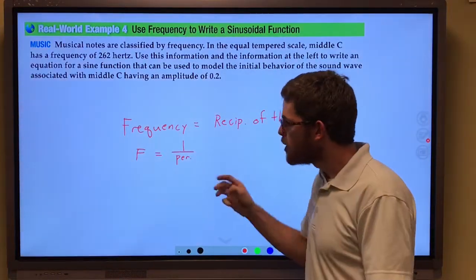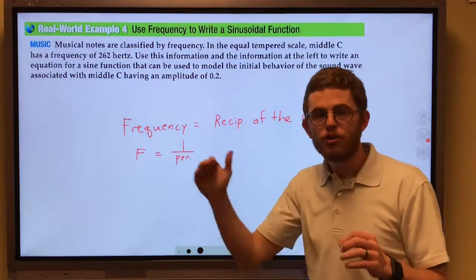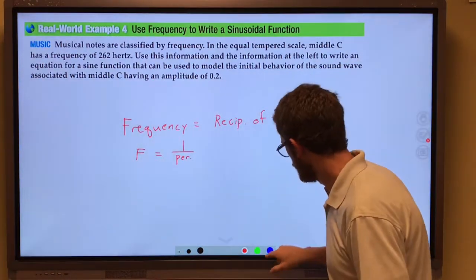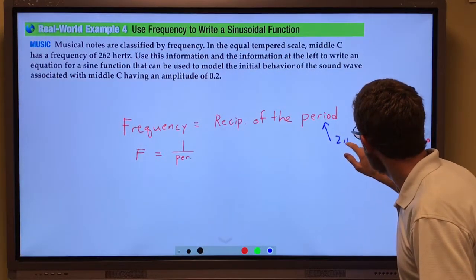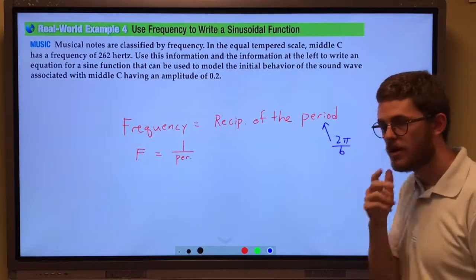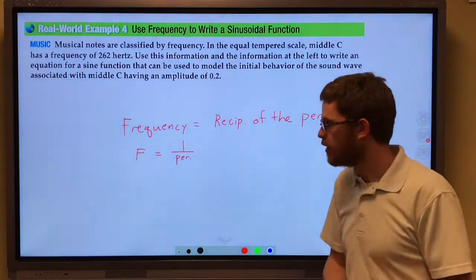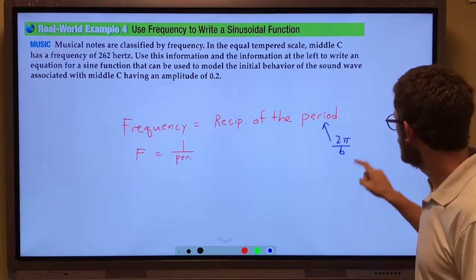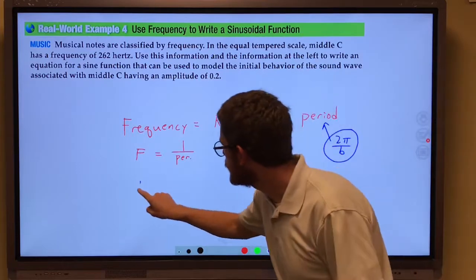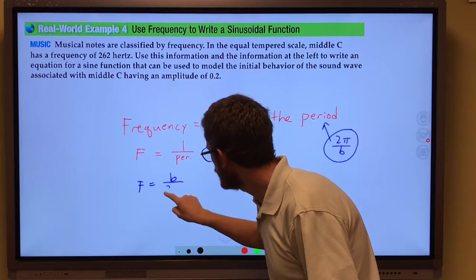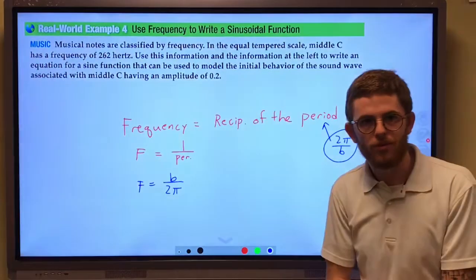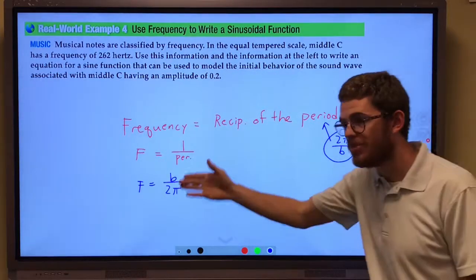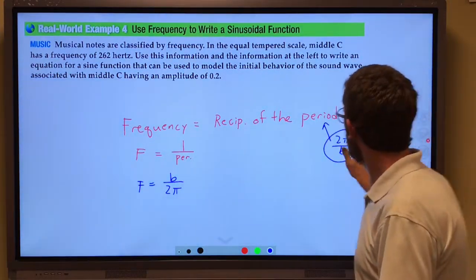And if you remember, our period is calculated by 2 pi over b, 2 pi divided by the absolute value of b. Remember, period is 2 pi divided by the b value of our sine or cosine function. So when we're talking about frequency being equal to 1 over the period, it's basically frequency is b over 2 pi. It is the reciprocal of the period. Since the period is 2 pi over b, it must be b over 2 pi. All right, so knowing all of that,